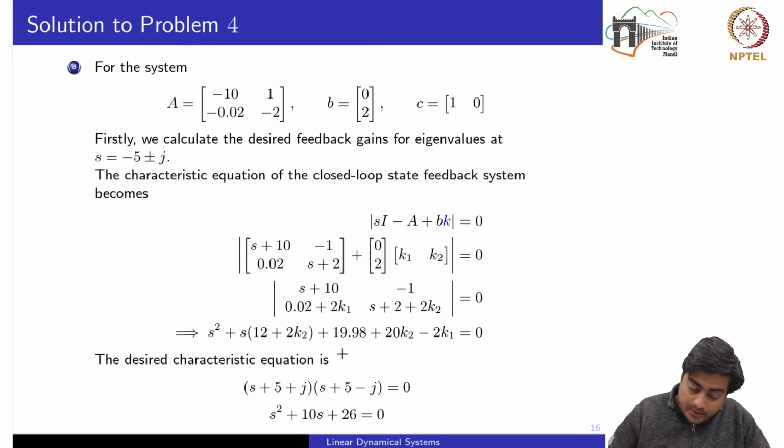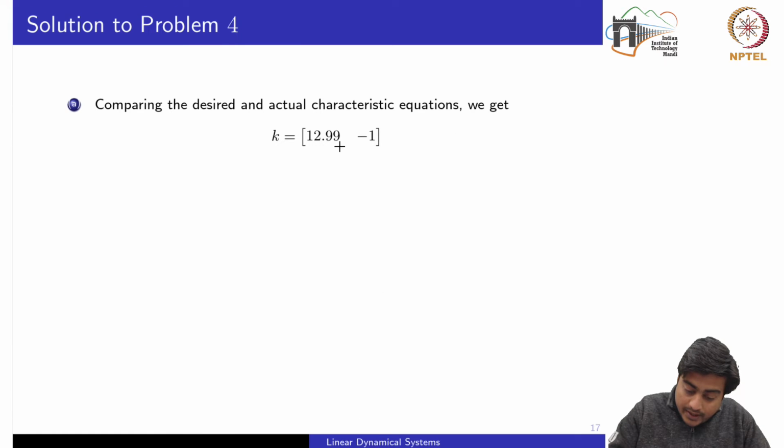So now if we compare the characteristic equation, so this part should be equal to 10 and this complete part should be equal to 26. So now we have two equations, two unknown as k1 and k2. So if you plug these k1 and k2 here, you would get the desired eigenvalues located at these locations. Okay, so computing this k1 k2, we computed 12.99 and -1. So once we put this k into the closed loop stability has been ensured,